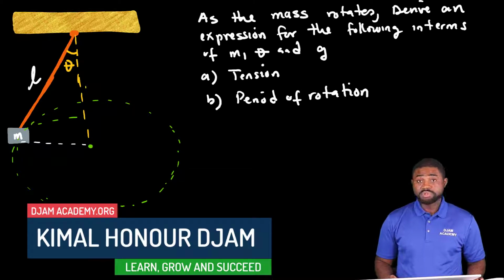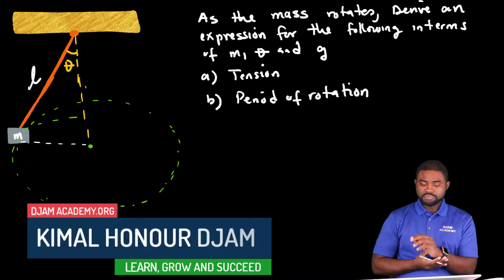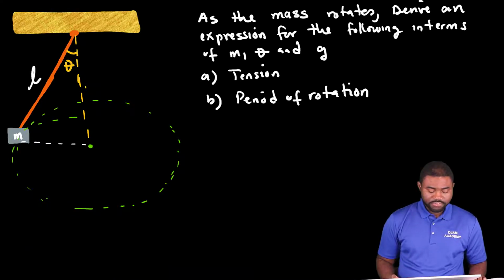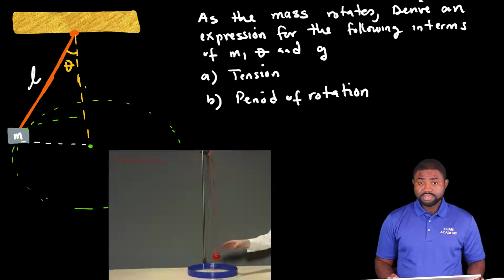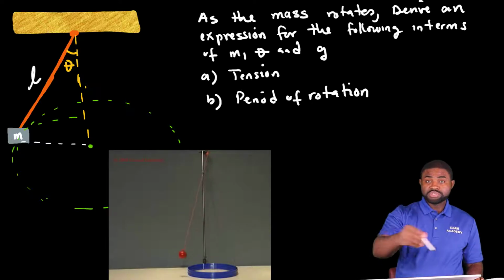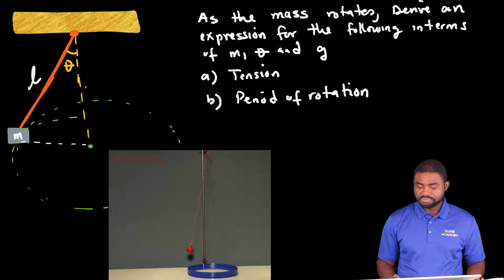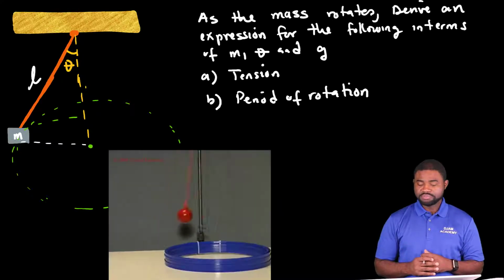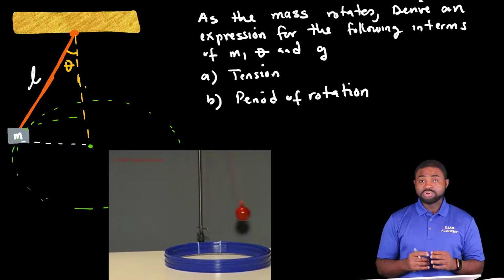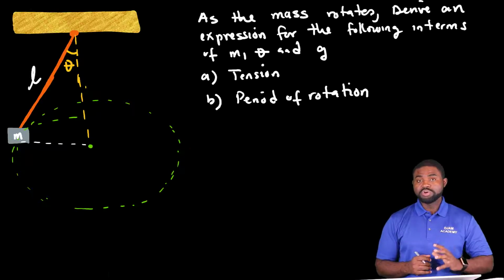This is an example of uniform circular motion. A block of mass m is suspended at the end of a string of length L. Now the ball moves around in a horizontal circle of radius r. We are required to calculate the tension in the string, the speed of the block, and the period of rotation of the block. Now, the most healthy place to begin a good problem like this is to start by drawing